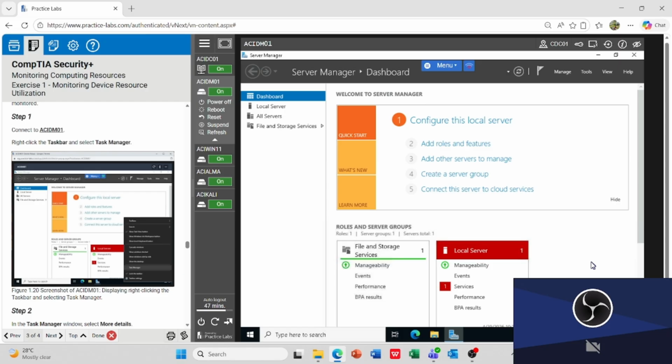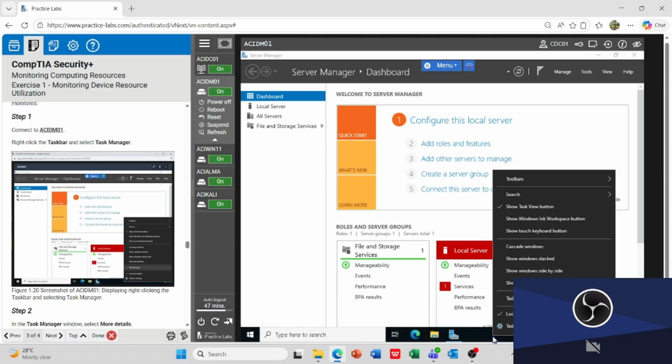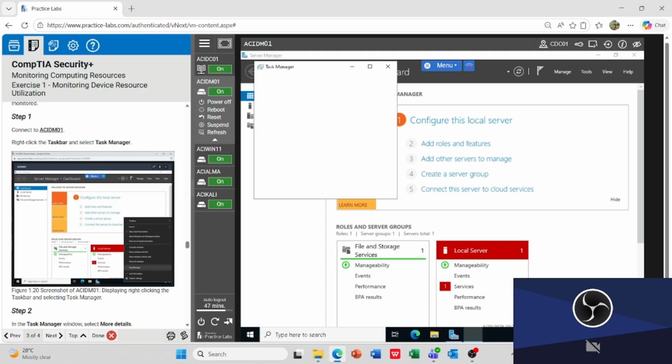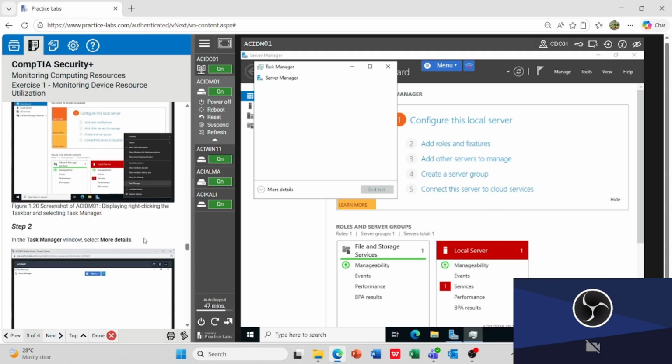I think this one. Right-click the taskbar, then select Task Manager. Then select More Details.